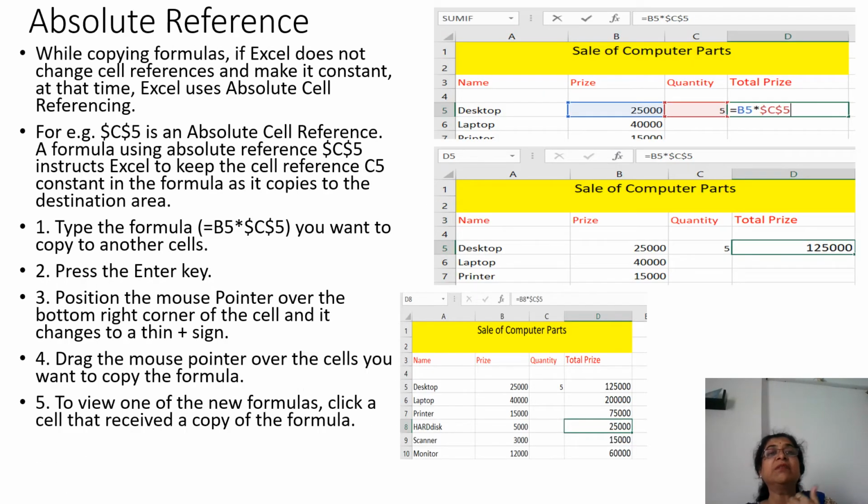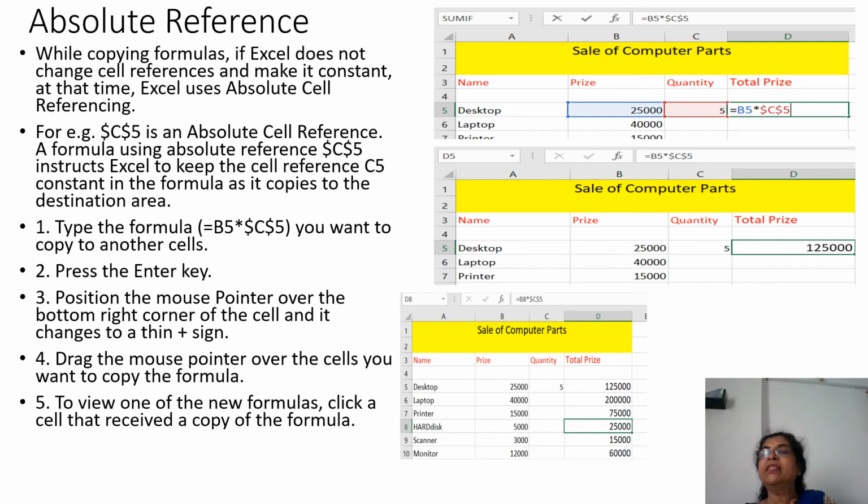Now we will see what is absolute reference. While copying formulas, if Excel does not change cell references and keeps them constant, at that time Excel uses absolute cell references. Now here the cell reference is 25,000 multiplied by 5. This 5 we are keeping constant, absolute, and only that we are multiplying with everything.